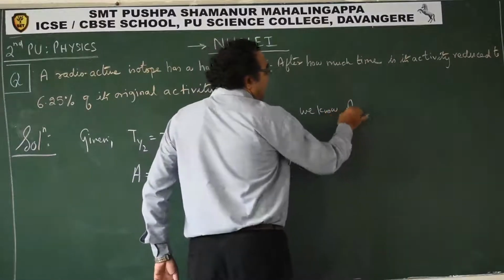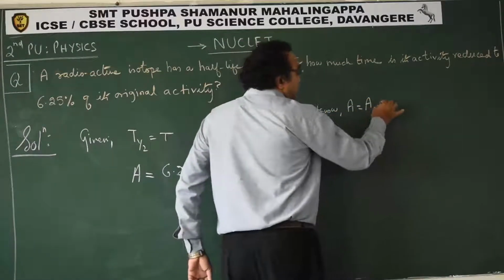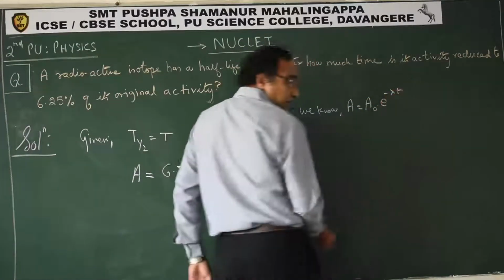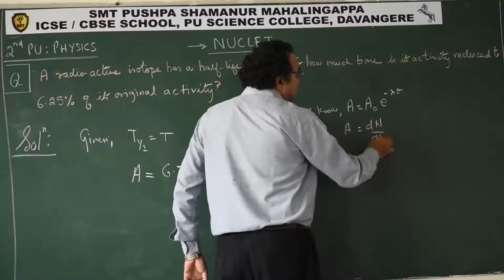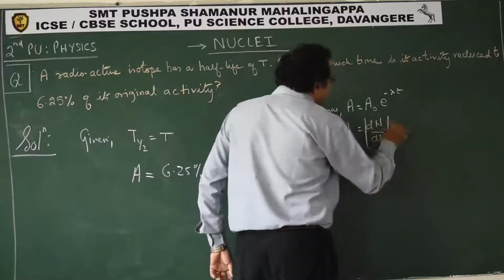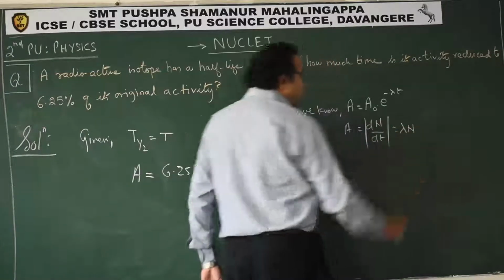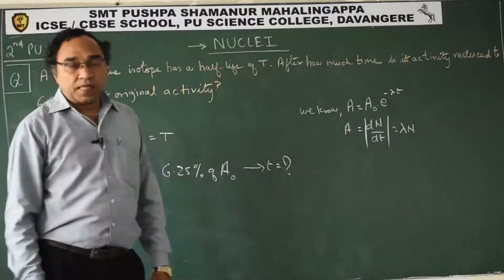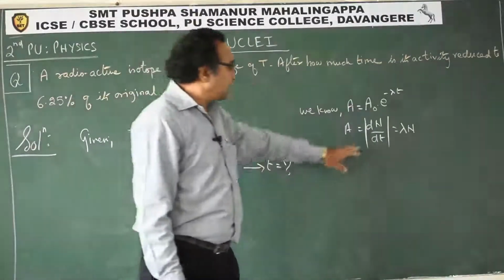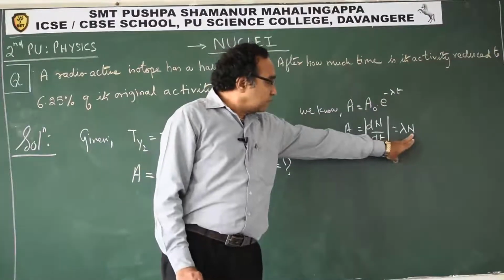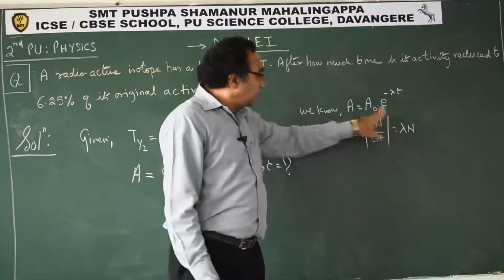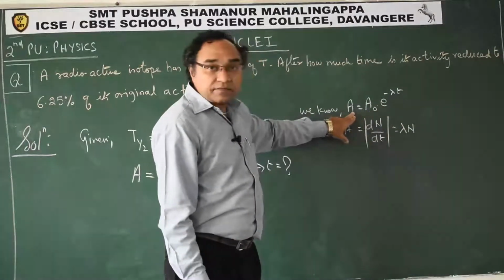We know activity is given by A naught e raised to minus lambda t. This is one equation. Also activity is dN by dt, and this is lambda N. There are two equations we have seen in the previous question. Which one are we going to use? We are not using this equation this time. Why? Because the number of atoms is not known, but we know A naught and A, so we will